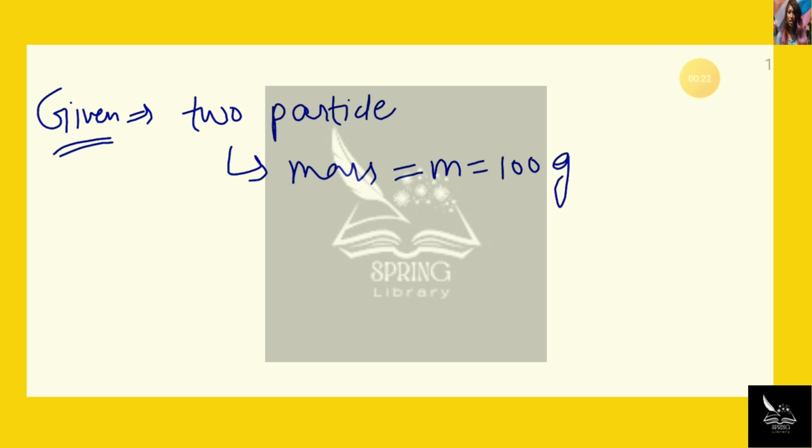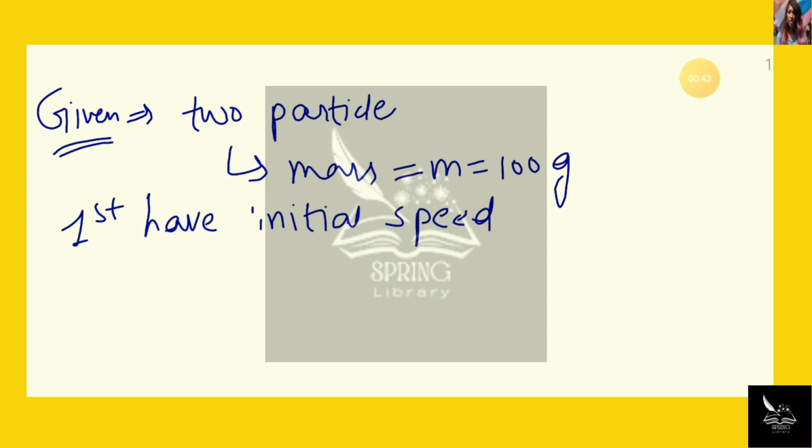So I can say that there are two particles of 100 gram each. Further in the question, it is saying that the first particle has an initial speed equal to u, and with this speed u it is going to collide with the second particle, which is initially at